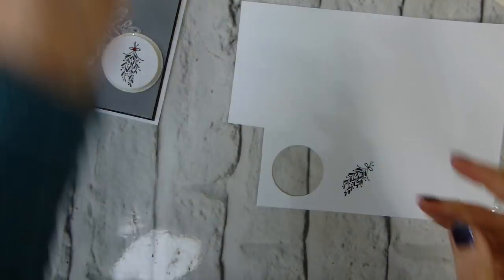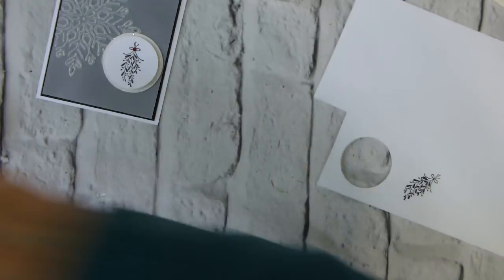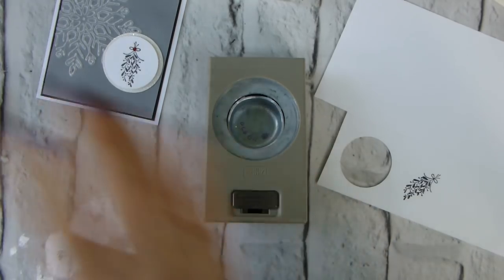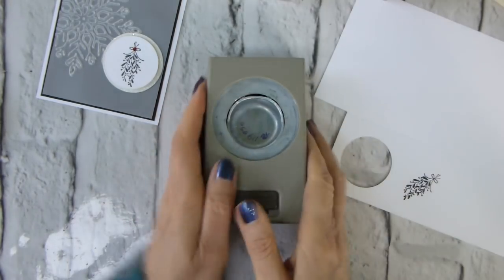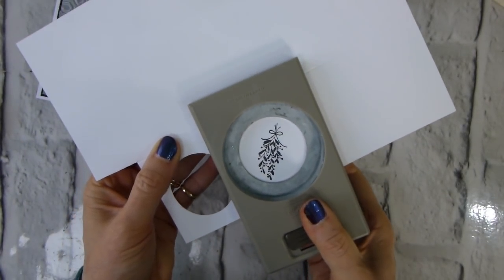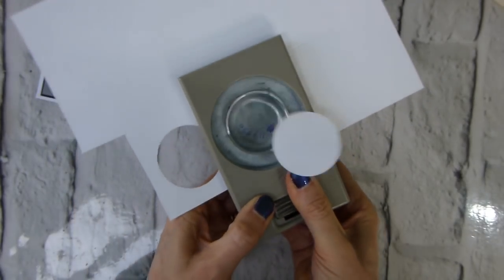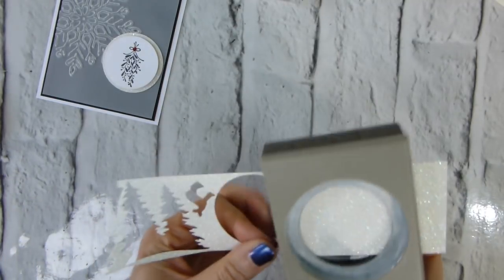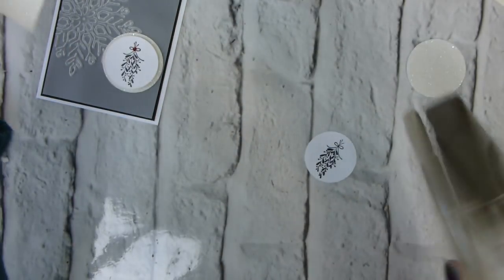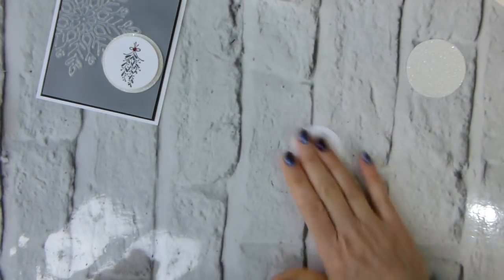And I am going to use, let me grab the punches. So I've got the 1 3/4 inch punch and the 2 inch punch. So I'm going to use the 1 3/4 to punch out my mistletoe and just sort of centre that. Do it with those again, and then with some dazzling diamond cardstock, or glimmer paper I should say, shouldn't I? A 2 inch circle. Then